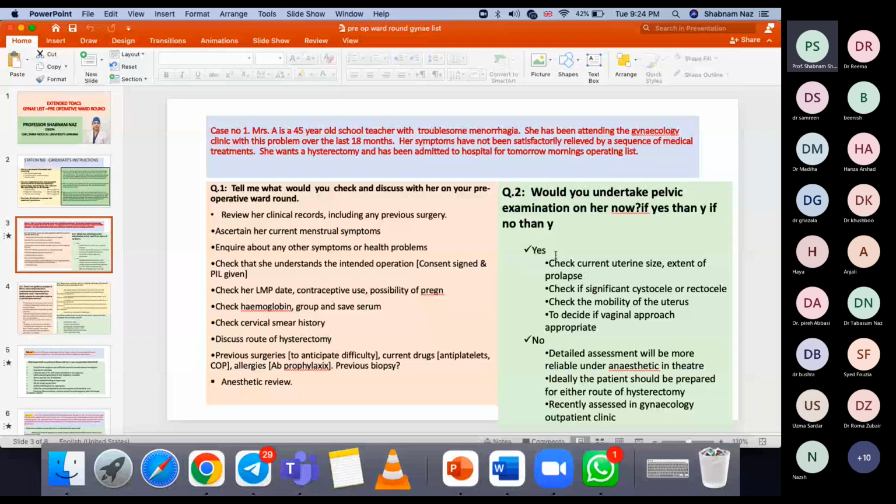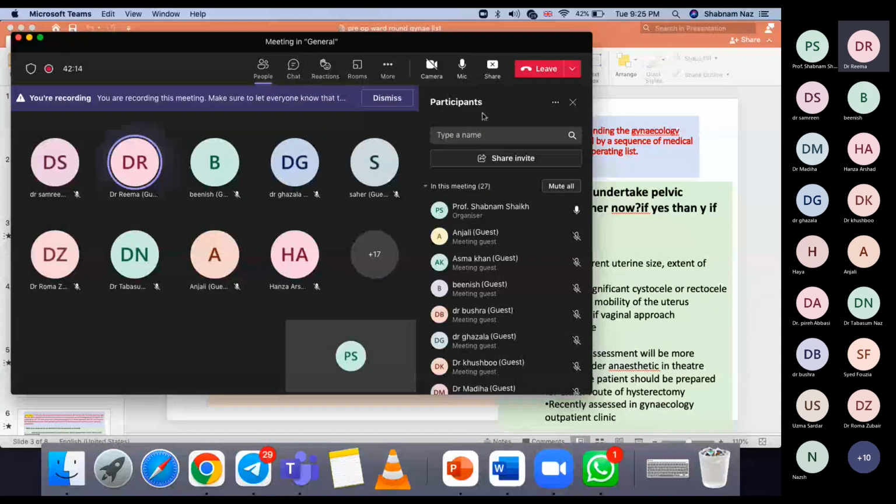Okay, so next question is, would you undertake pelvic examination on her now? मैम इट विल डिपेंड। हेलो मैम, वॉइस नहीं आ रहा है। वॉइस नहीं आ रहा? रीमा को तो आ रहा है। यस मैम, मुझे क्लियर है मैम। इट डिपेंड्स। इसको वॉइस नहीं आ रहा है, अपना माइक चेक कर ले प्लीज, क्योंकि कैंडिडेट को आ रहा है, इसका मतलब है कि मेरी तरफ से कोई प्रॉब्लम नहीं है।